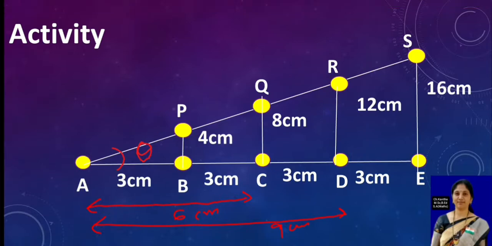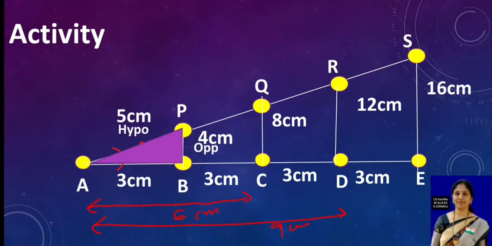Now consider the triangle ABP. Here I am taking, according to the angle A, BP becomes the opposite side, and here BP is perpendicular to AB, so we get a right angle opposite to this. That means AP becomes the hypotenuse here. Now find the AP here. Already we discussed in the previous program. It is 3 centimeters, it is 4.